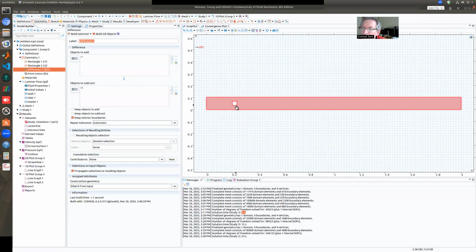Yeah, the small one is gone and I have a hole there. So I created a hole and then I will simulate flow over a channel with an obstacle in it, right?